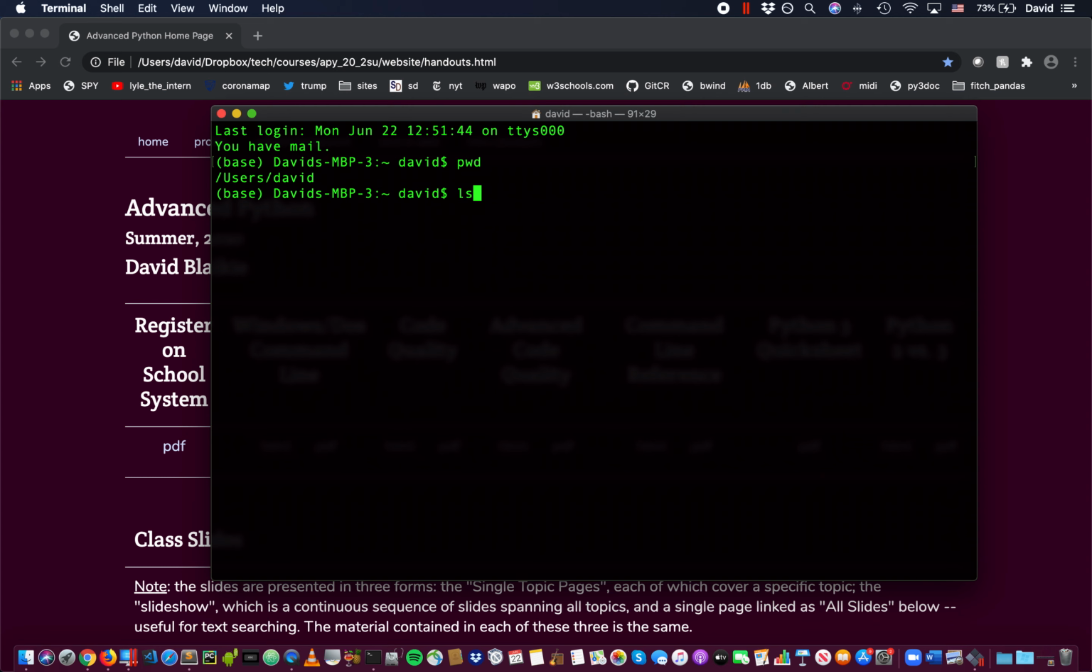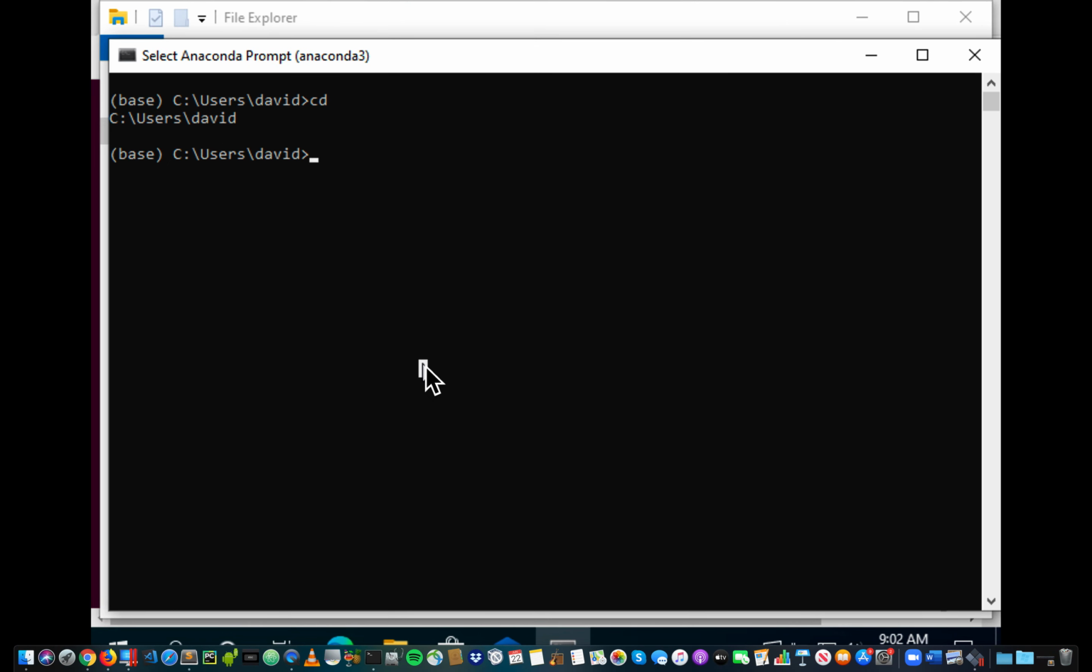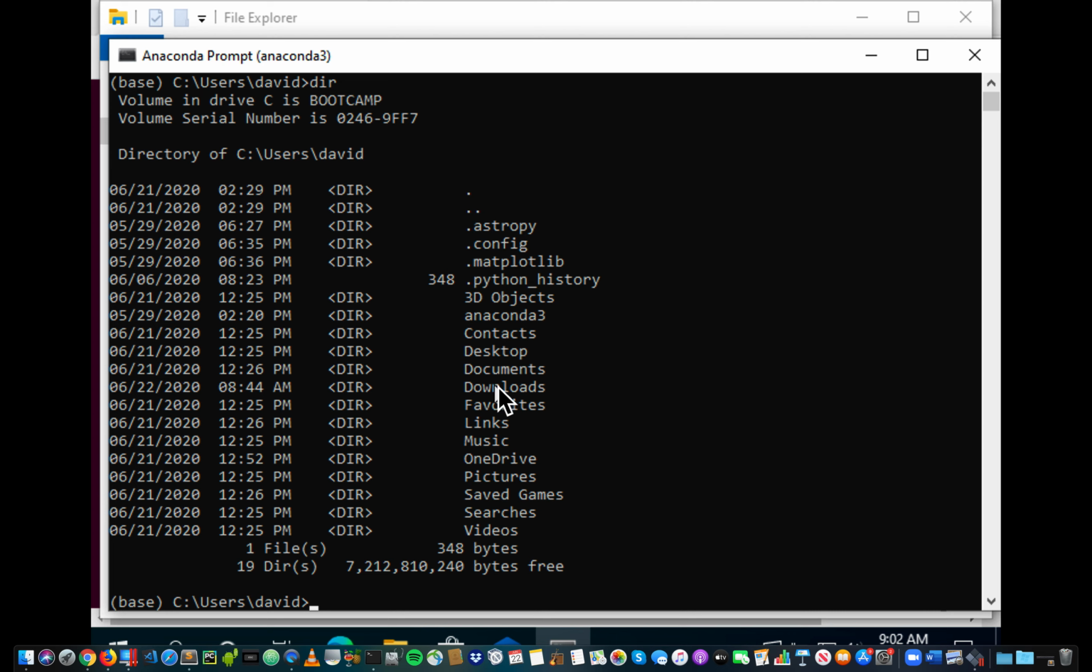We're going to do that with ls on the Mac, ls, and hit enter. Or on the PC, we're going to use dir. It shows us what's currently in the directory. Now, if you compare what you're seeing here to what's in your file system,